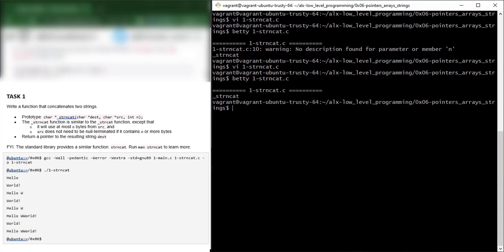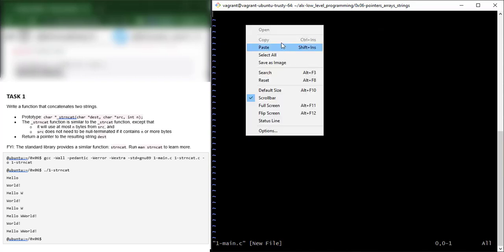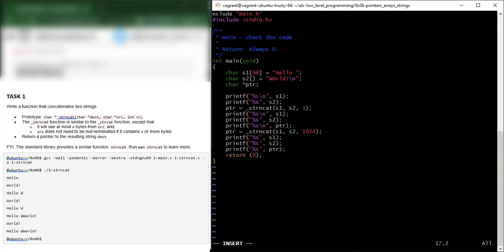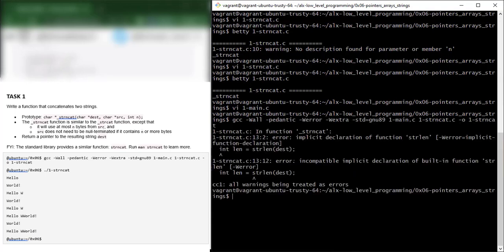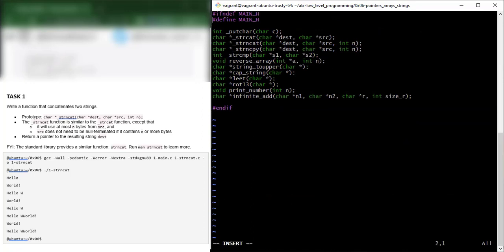All right, so let's create the test file now. Betty is happy. Copy. This is vi 1-main.c. So paste. All right. So let's copy the compilation command and let's compile. Paste. Okay, I need to include the header. So let me just do that in my main.h file. Because I'm using strlen without including the standard library, hash include